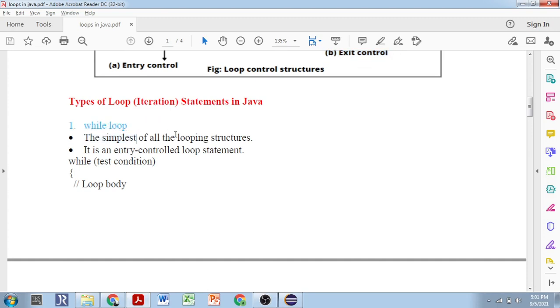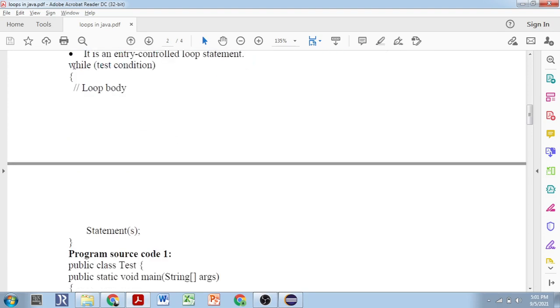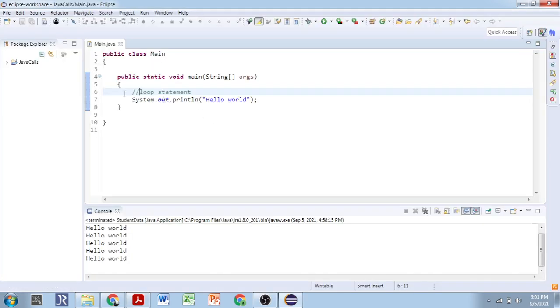While loop is the simplest looping structure, and it is an entry control loop structure. How does it look? It looks like this. First we'll provide the while. So we'll use this statement. We'll write down a while loop right now. While, open the bracket and close the bracket,